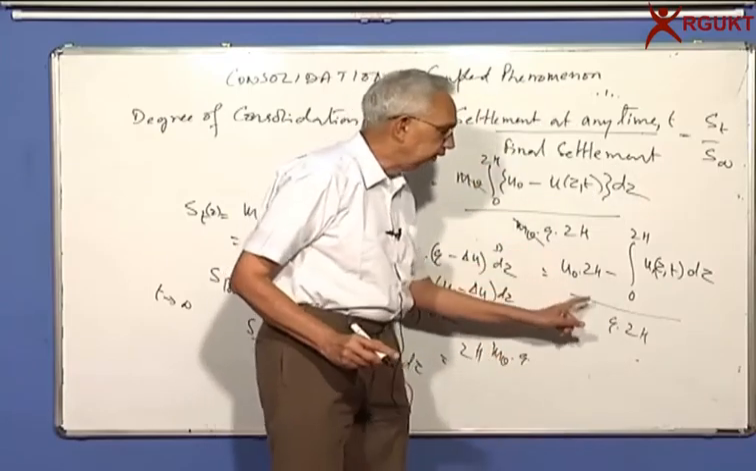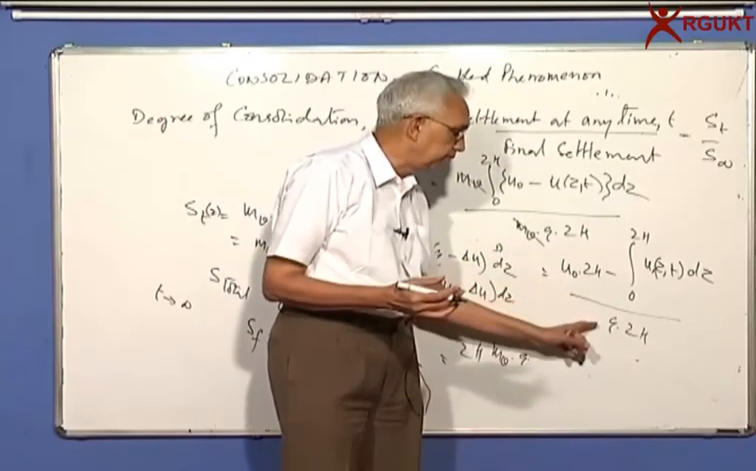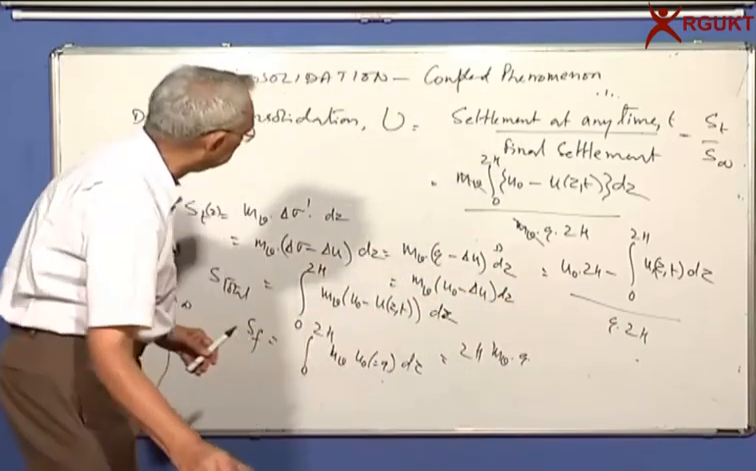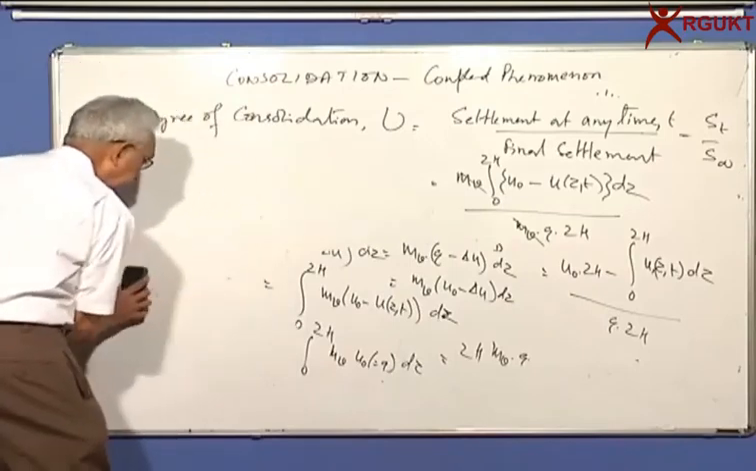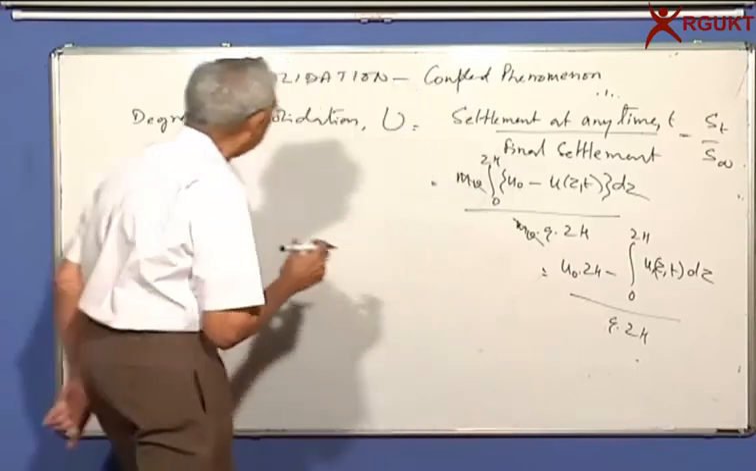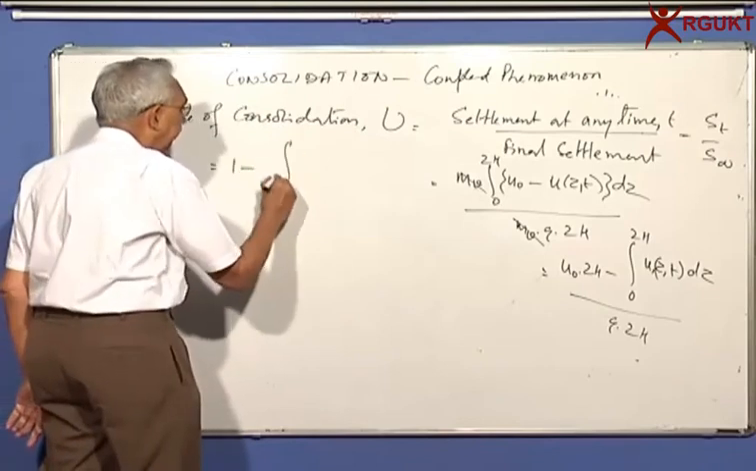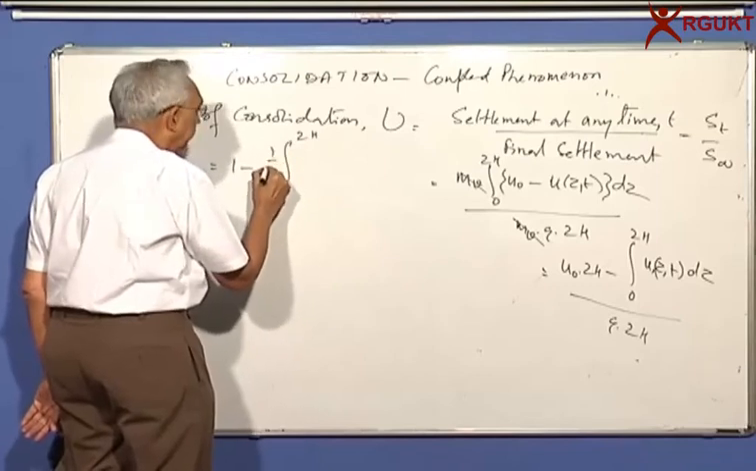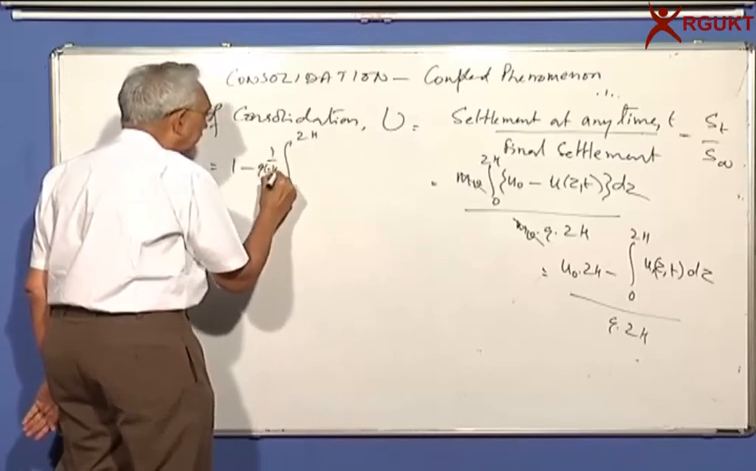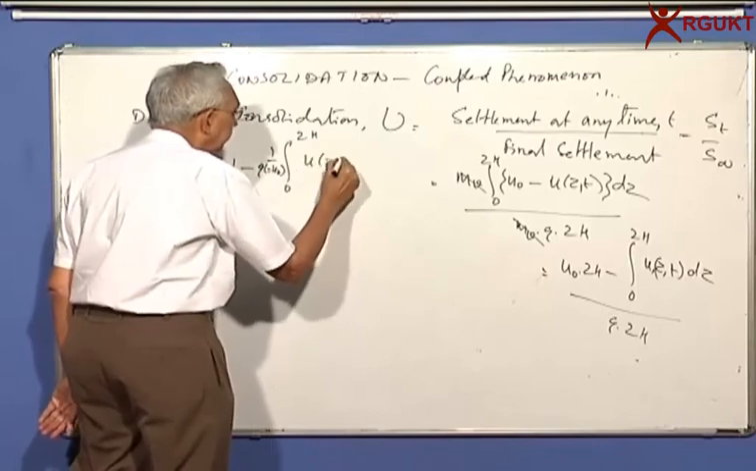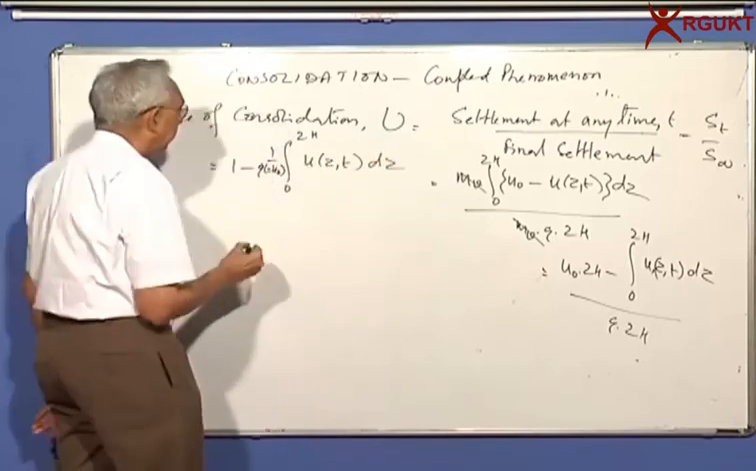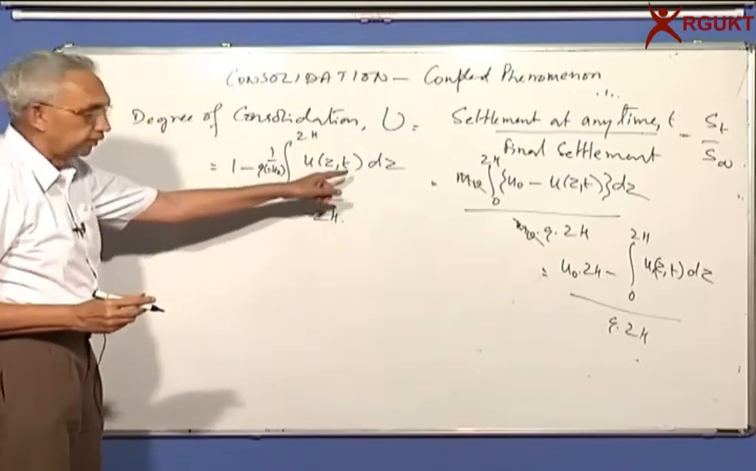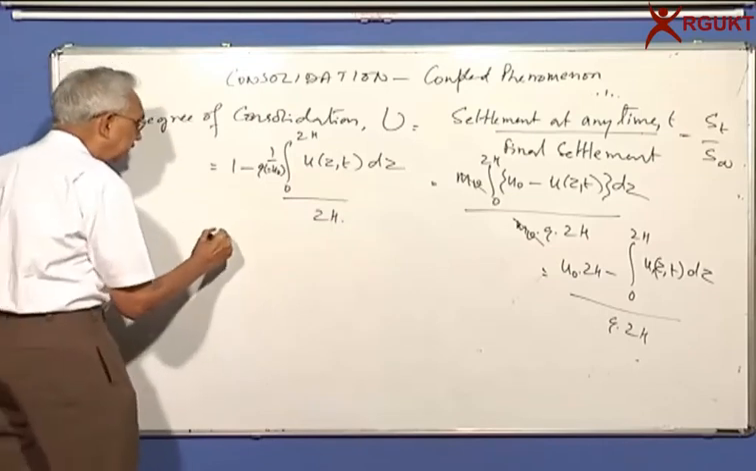You agree that u naught is equal to q. Initial pore pressure is the same as the surcharge pressure. So we can cancel this and say degree of consolidation, if I divide this, I'll get 1 minus integral 0 to 2h, 1 by q, or I can say u naught, u z t dz by 2h. And if you carry out this integration with respect to z and simplify, we will get degree of